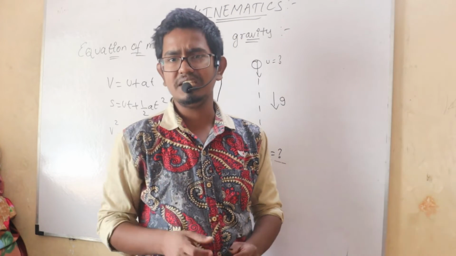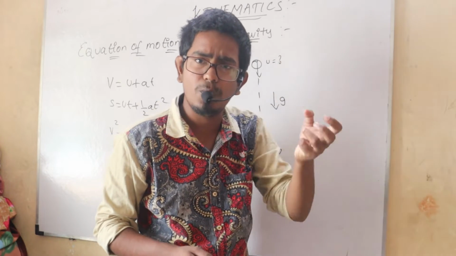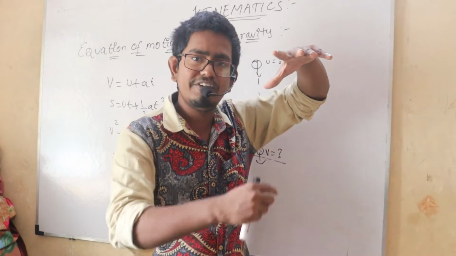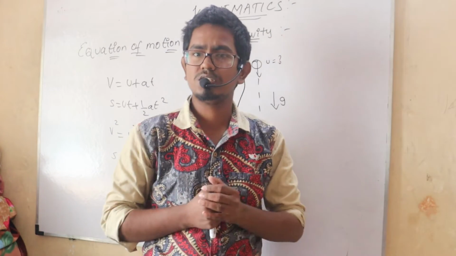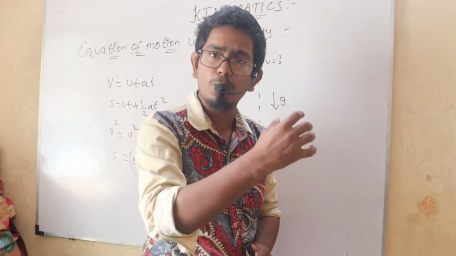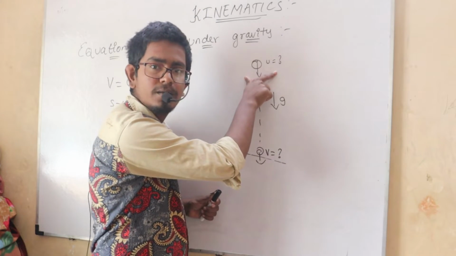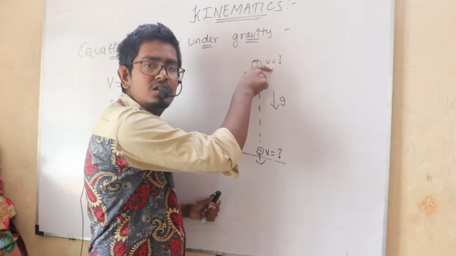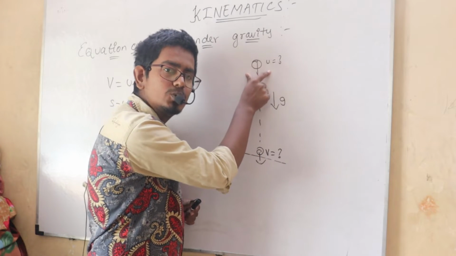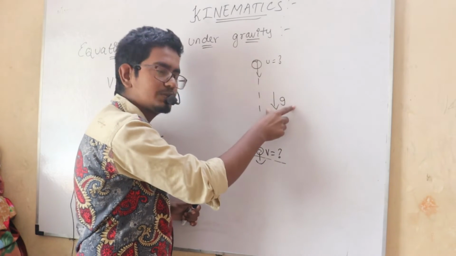Right? So what I am saying is that whether I give the initial velocity to my ball or not, if I release my hands from the ball, gravity will pull that object downwards towards the earth. Gravity will attract that object towards the earth. However I give the initial velocity or not, gravity will do the same work. So this ball is going to experience gravity.